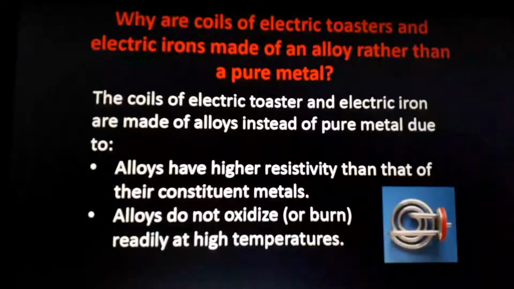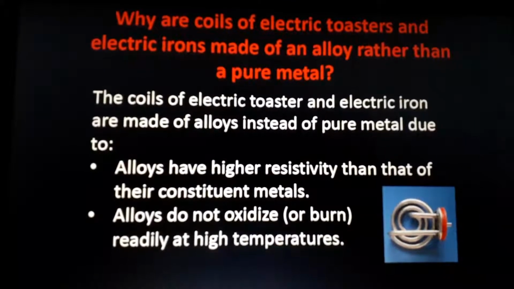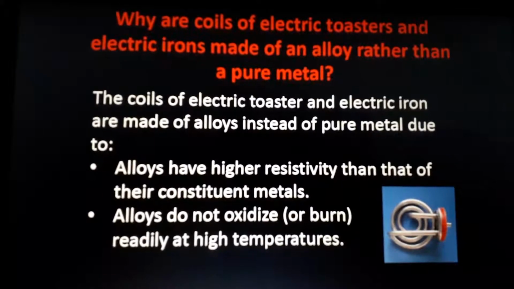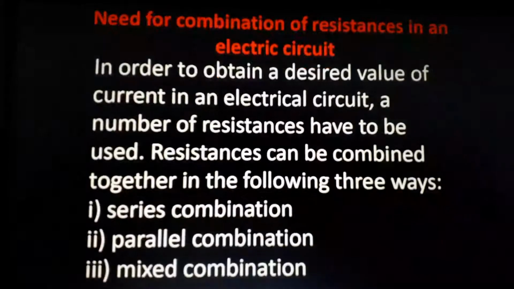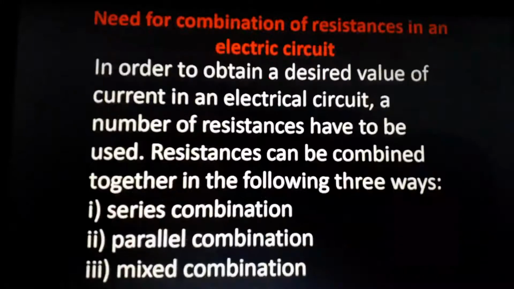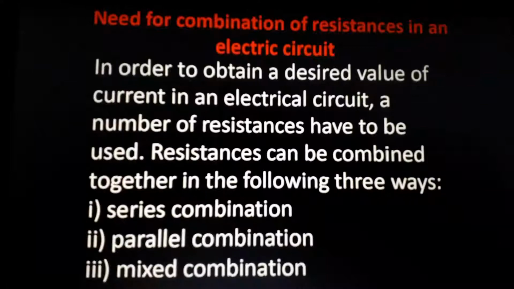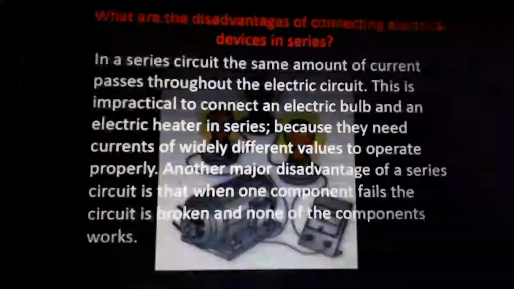In the case of these types of coils, basically it is made of nichrome. Nowadays, a lot of varieties of alloys are there in the market, but the most commonly used alloy is nichrome. It's a mixture of nickel and chromium, which gives high resistivity. Resistivity of nichrome is given in the textbook. If you want, you can refer there. So come back here.